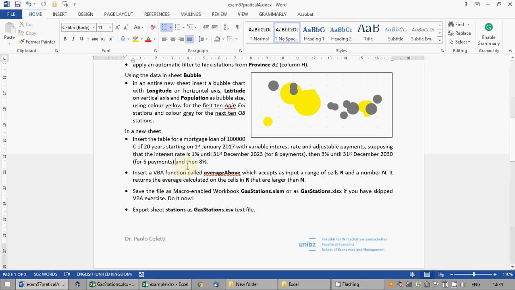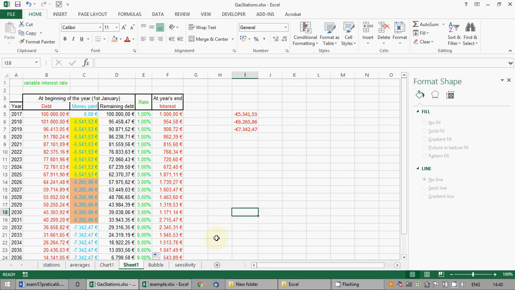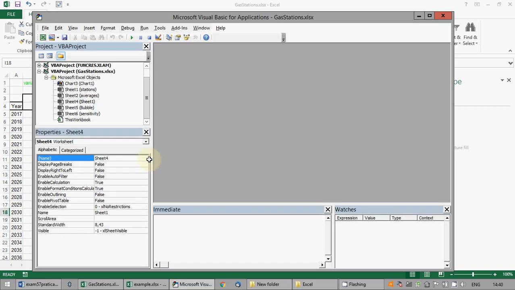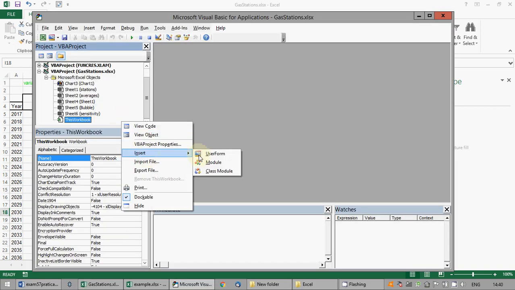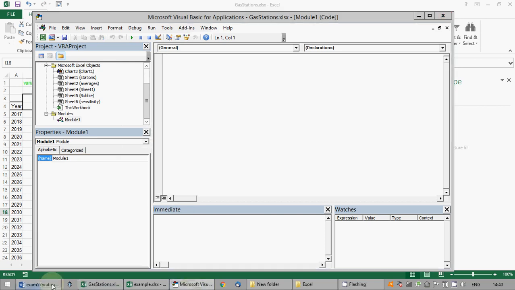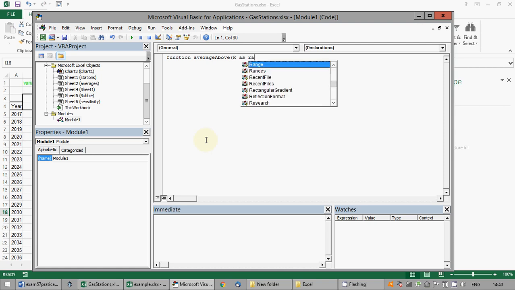Insert a VBA function called average above, which accepts as input a range of cells R and the number n. It returns the average calculated on the cells in R that are larger than n. Okay, so I saved, make sure to have saved, Alt F11, insert, module. So the function is called average above, as range and